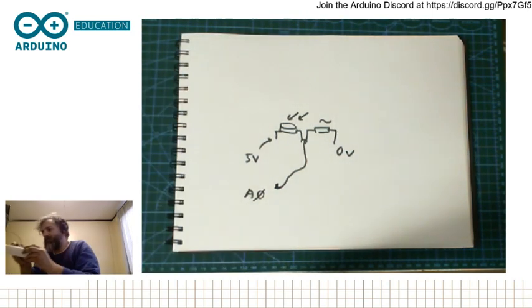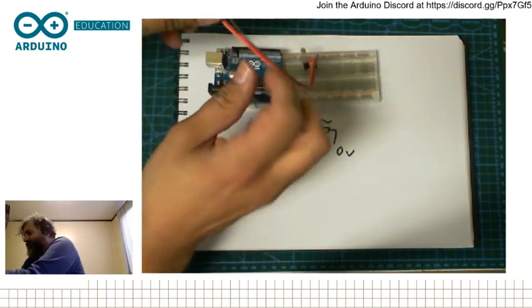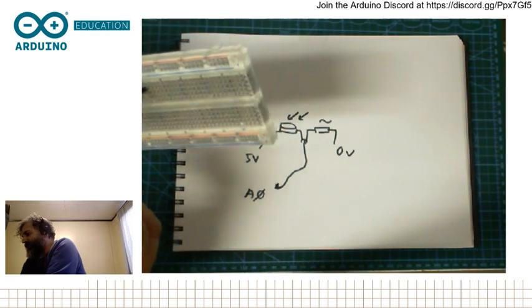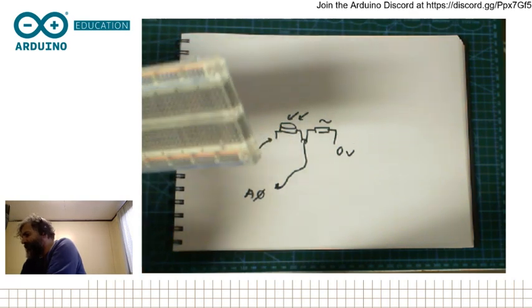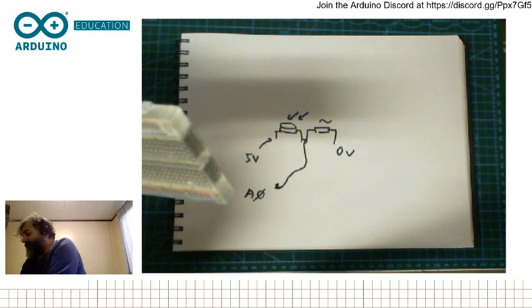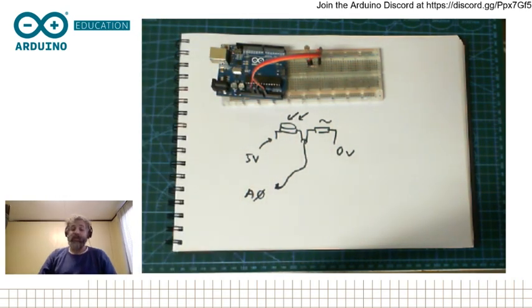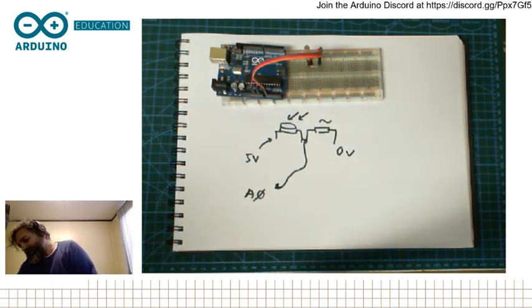I want to take this for a second because this is a transparent breadboard and it's not like I can see perfectly. There you go. And this goes to Arduino. Brown is for ground, sorry. Red is for power, 5 volts, and orange is for A0. And I have to say, I took this from a box just before coming here. I have no idea whether it actually works. So the risk that this will explode in my face is fairly high. So let's just connect.